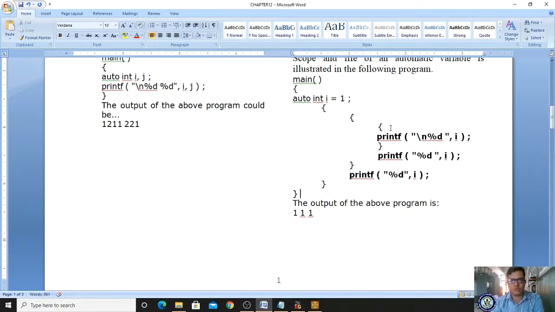So after this, the I value has ended. The scope of this I value has ended here, but you are still accessing it within this block.